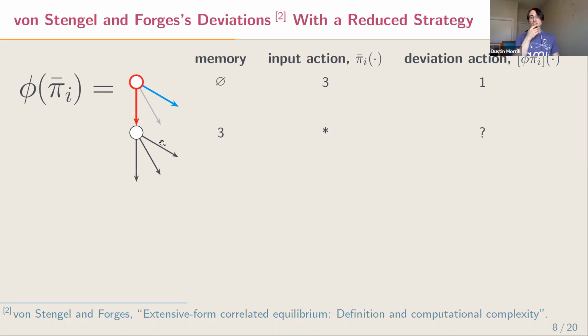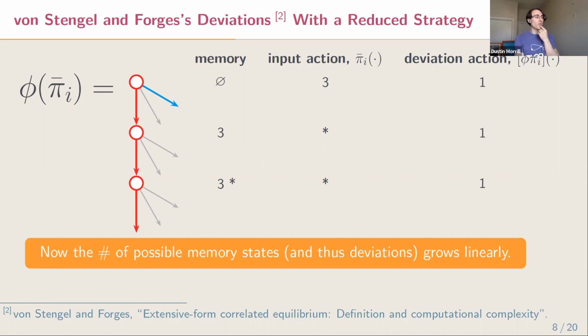But now we're at a new information set where a reduced strategy doesn't actually define any behavior. So in its place, we use this star character to denote the fact that the deviation player doesn't actually get any new information at this information set. And so they only get to work off of what was in their memory state before reaching this new information set. And so now they have to choose a transformation that just blindly chooses one action. So here, maybe they choose action 1. At the next information set again, they carry over what little information they have. And again, they have to make a decision. And maybe they choose action 1.